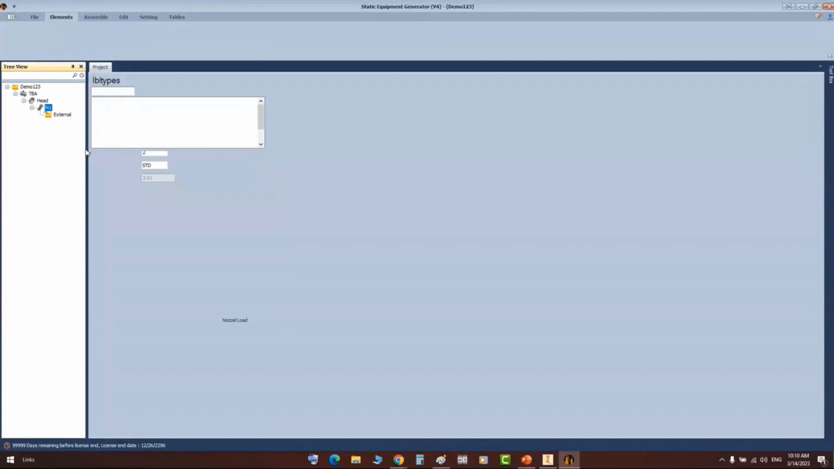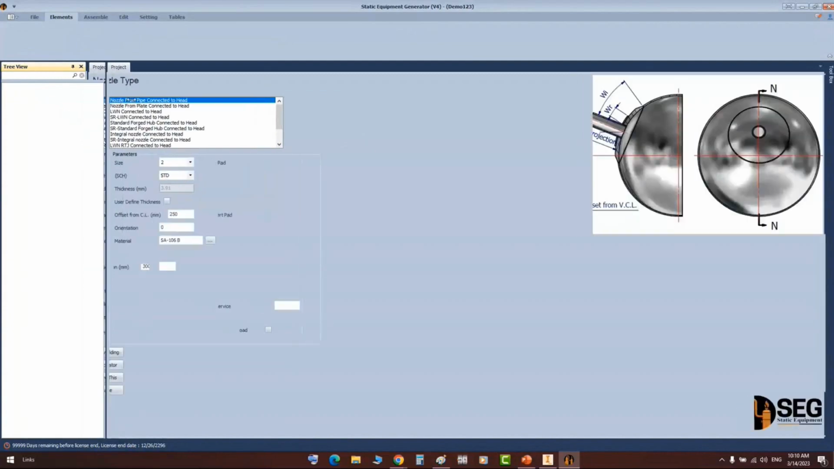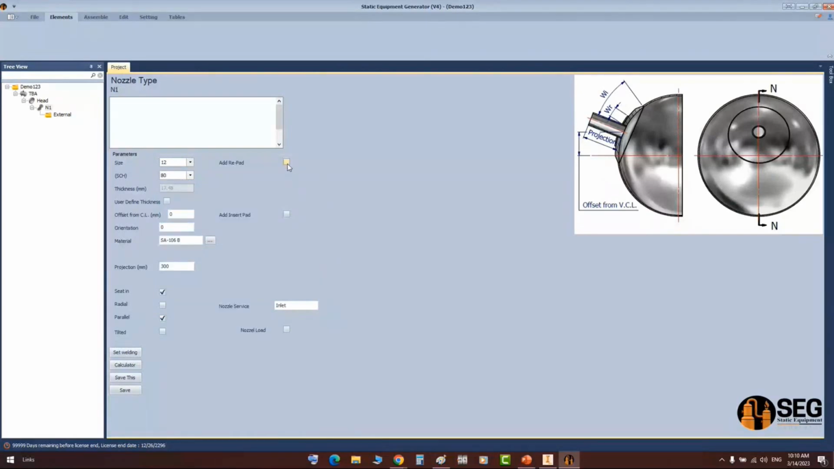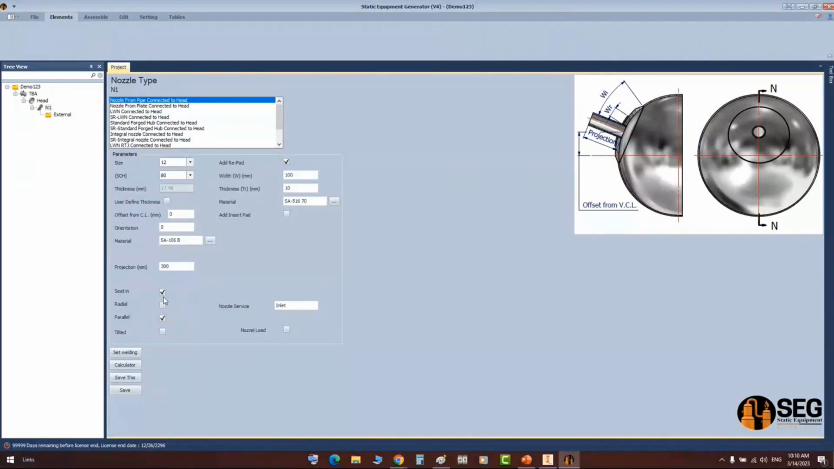And for N1, let's define it as a nozzle from pipe. Let's make the size 12 inches, schedule 80, and the offset at 0 with a repad. And you can make it sit in or sit on. You can make it radial, parallel, or tilted, so you can control the angle of tilting of this nozzle. And when you click on save, it creates this nozzle,